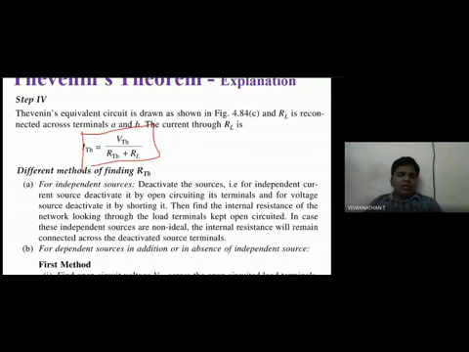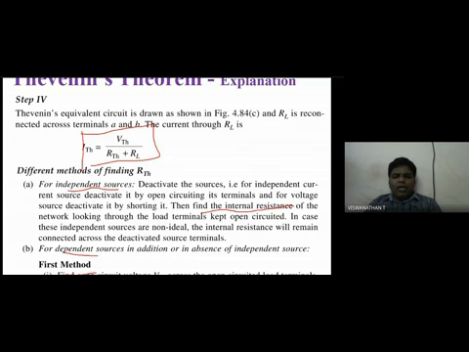There are many procedures available to calculate the R Thevenin. The first one is for independent sources. Independent sources are not controlled by any current or voltage. Dependent sources, as you already know, are controlled by some other current or voltage. Four types of dependent sources are available: current controlled current source, current controlled voltage source, voltage controlled current source, and voltage controlled voltage source. When considering independent sources, we just replace them with their internal resistance. For dependent sources,